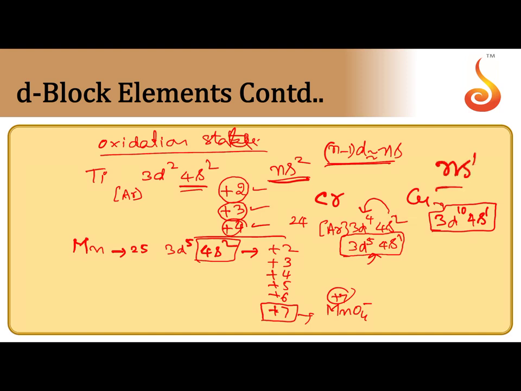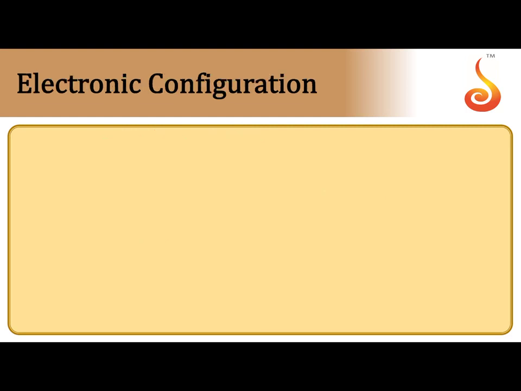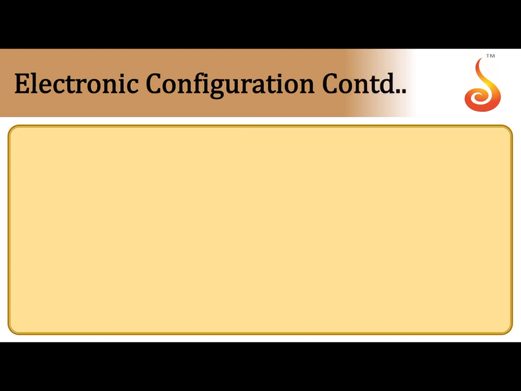They have ns1 configuration. That is why the minimum oxidation state exhibited by chromium or copper is +1. So, for the specialty, variable oxidation states, d block elements can exhibit some characteristic properties like variable configuration, variable oxidation states,